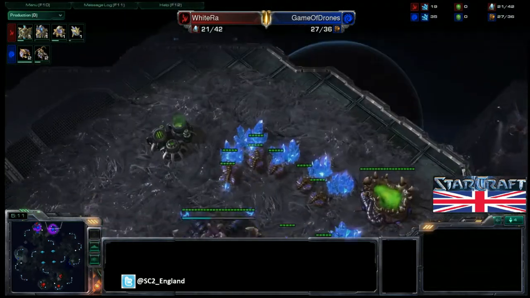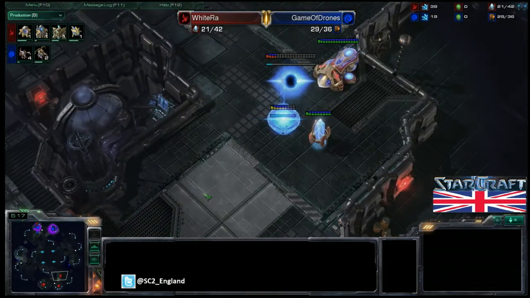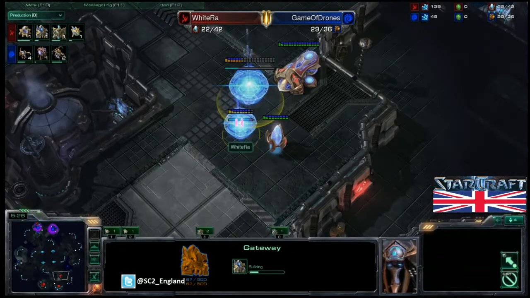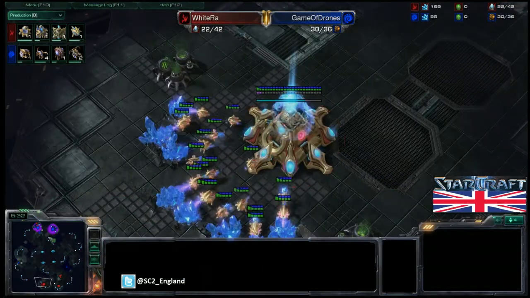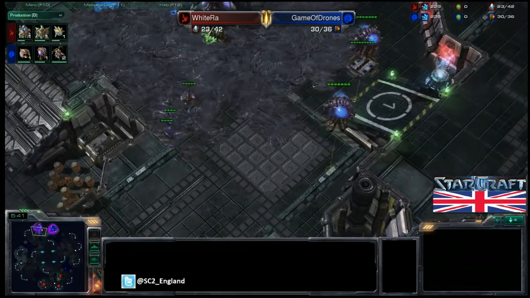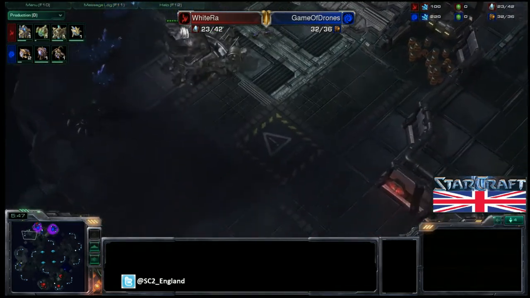He did lose an awful lot of mining time though, and that really was the most considerable thing from that harassment. Still, it delayed WhiteRa's natural incredibly, delayed this gateway incredibly, so WhiteRa has no tech at the moment, and I mean, he's going to have a tough time going into this because TLO can now just drone, actually choosing to get some Zerglings out and just going to scout around, make sure there's nothing too fishy going on,